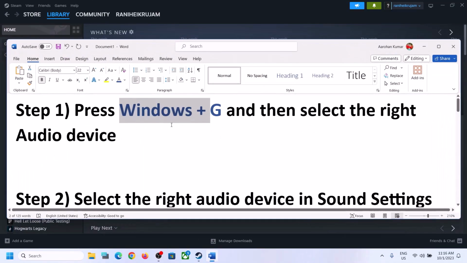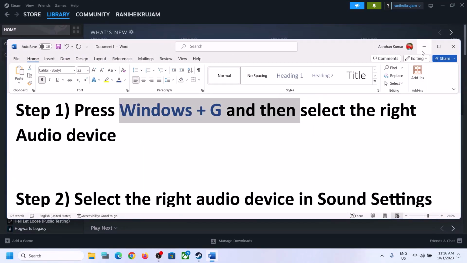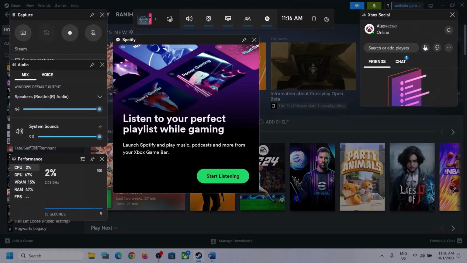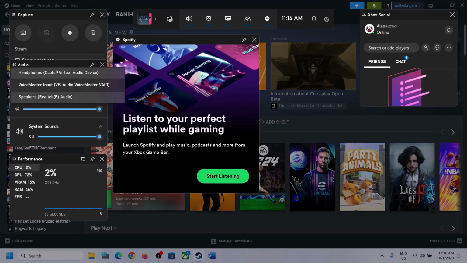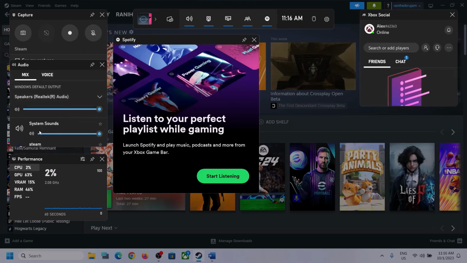Now the first step is to press Windows plus G on the keyboard. So press Windows plus G, it will open Xbox game bar. Now on the top over here you can see speaker icon, click on it, and then over here you can see audio, and over here select the right audio device. So click on this down arrow and make sure that you select the device, the speaker which you want to use. Now also scroll down, and if you find the game in the list over here, make sure the volume is set to maximum